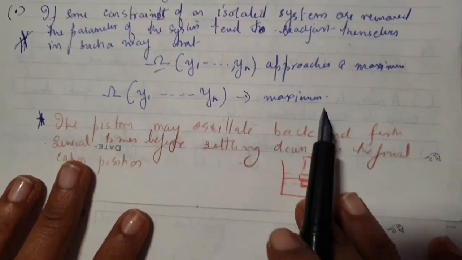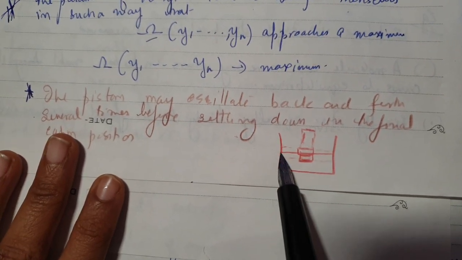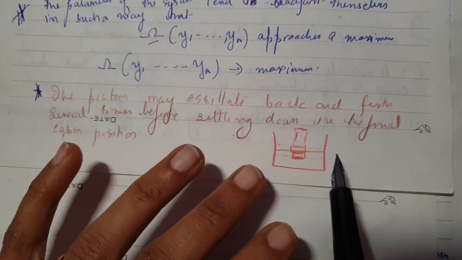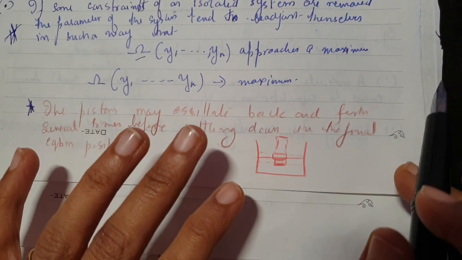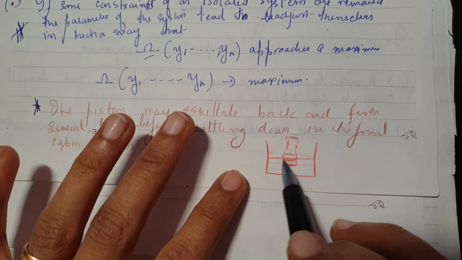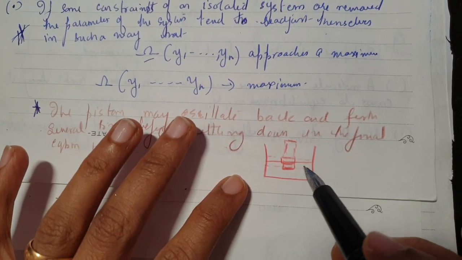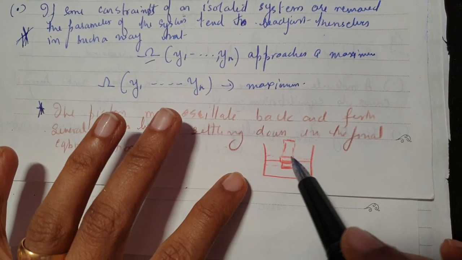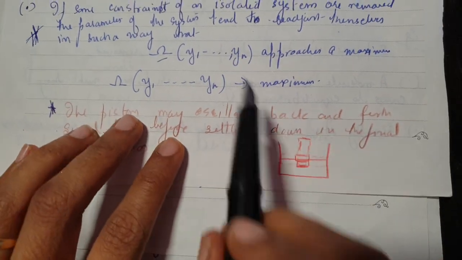So if you speak in simple terms, let's say you have a piston cylinder. So this is your piston and this is your cylinder. At one point of time you have fixed it in one place, and then suddenly you let it loose. The gas was under some certain pressure, and after going up and down, it settles at some point. How does a piston know when to settle? That is when it settles is this one.